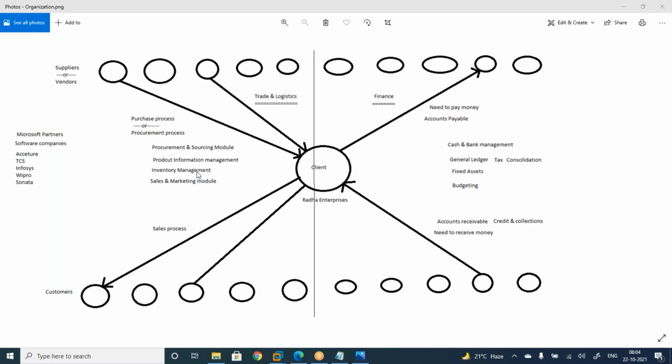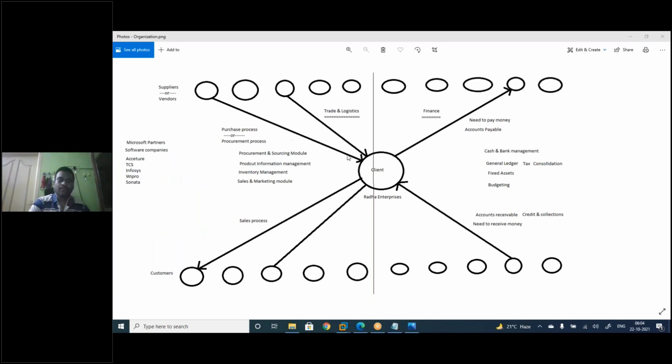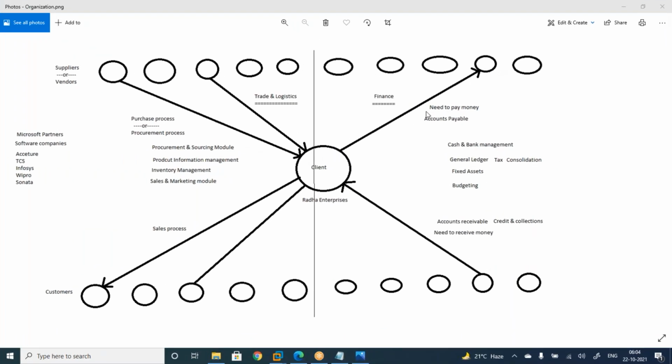Along with the 4 modules, partially you are going to learn a little bit about accounts payable and accounts receivable, not much. Okay. Now once it is received, you need to pay money back to the vendors, because against received material you need to pay money. Need to pay money means it is accounts payable module. And whatever you have sold material to the customer, you need to receive money from the customers. That is, need to receive money. To understand better about this receiving money, you need to understand accounts receivable module.